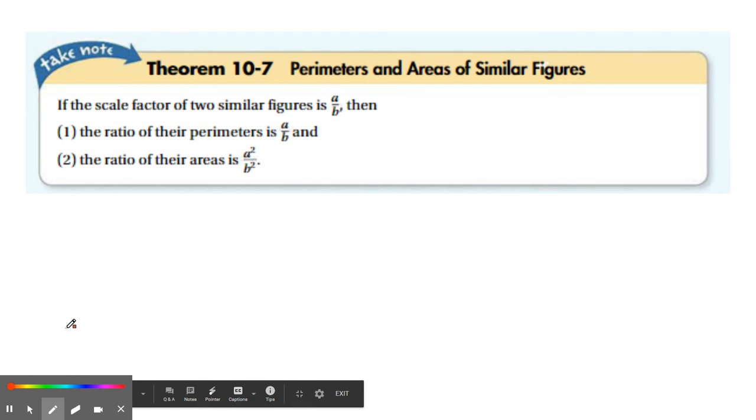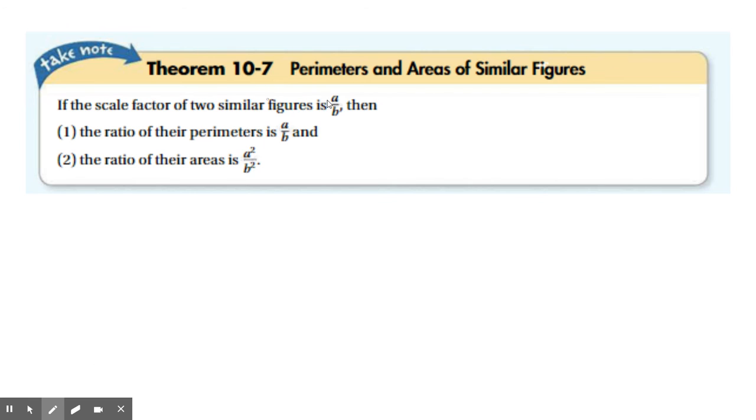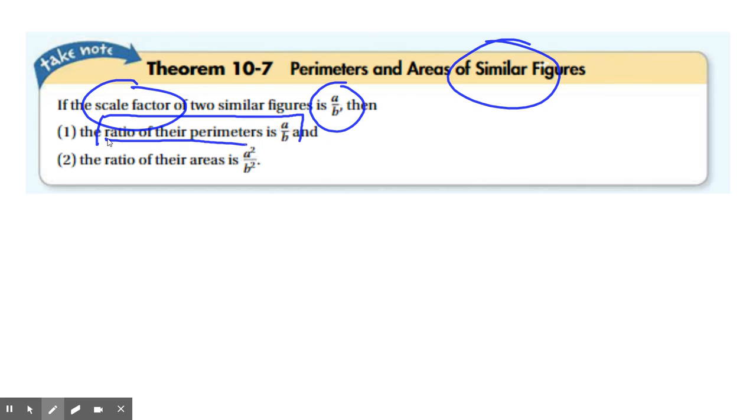Okay, in area, you will have some formulas on the reference sheet, but the one thing I want to talk about is similar figures. Remember that if your similar figures have a scale factor of A over B, then the ratio of the perimeters will still be A over B, because